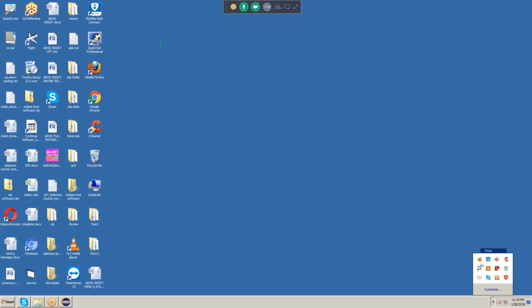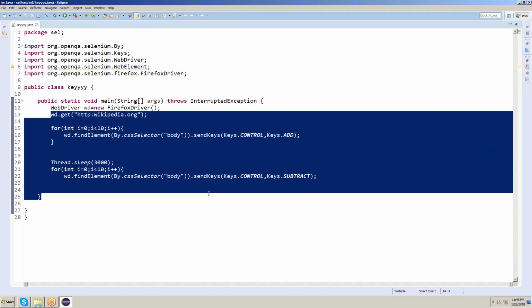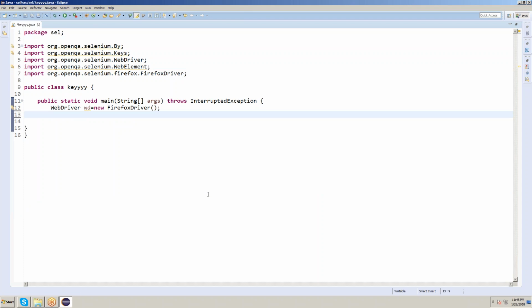First concept name is how to create an Excel file using Selenium, using WebDriver. So the first concept: how to create an Excel file using Selenium WebDriver. It's a very easy concept. So, how to create,